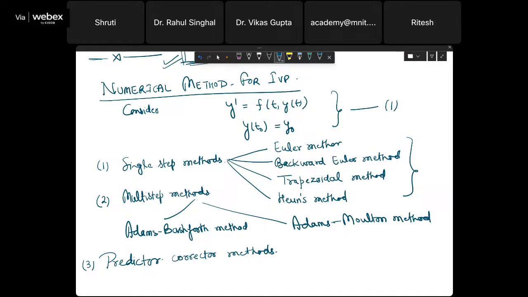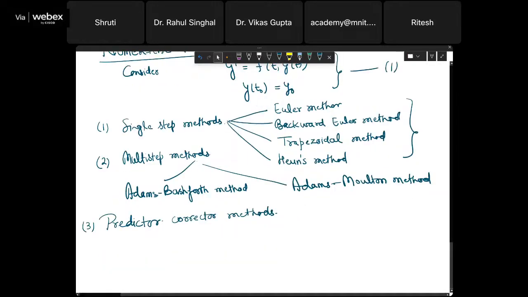With this assumption on f and f_y, we are guaranteed the existence of the solution of this initial value problem. And in addition to this condition, if I assume that f is Lipschitz continuous with respect to y, then it will further guarantee the existence of the unique solution of the initial value problem in some interval about the initial point t0. So with this assumption,